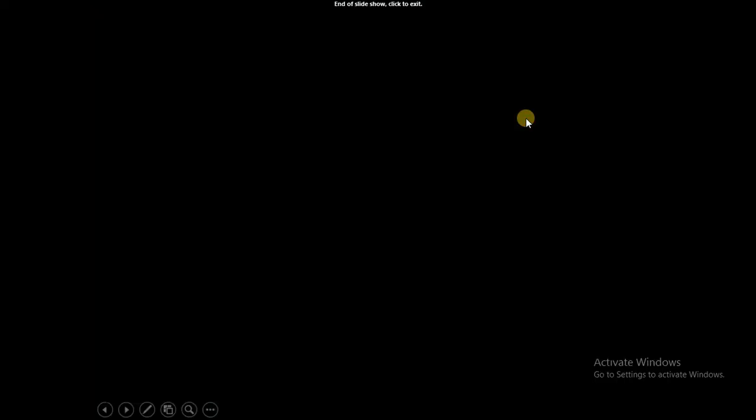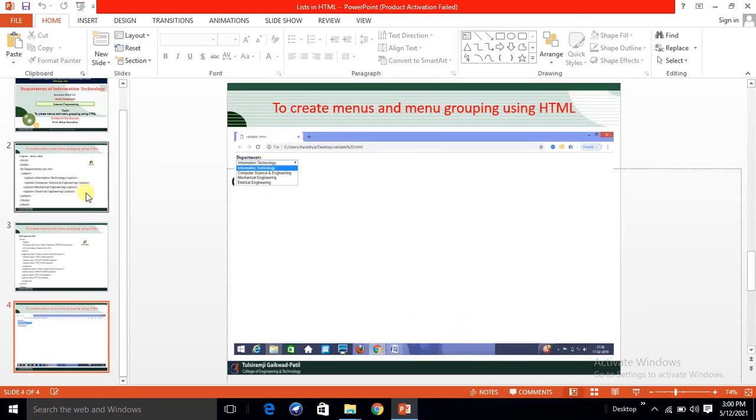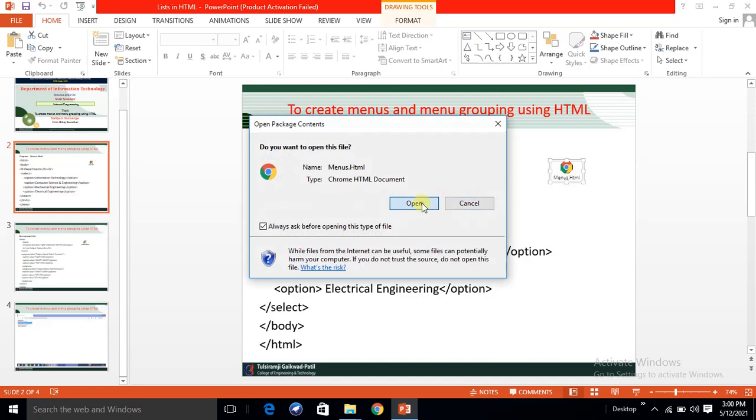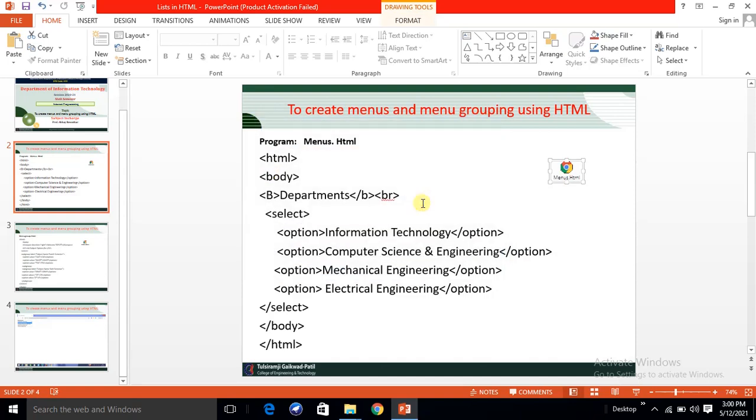Now it is executed. Click open with browser. Now here you may find the department, where we provided 4 departments: information technology department, computer science engineering, mechanical and electrical.